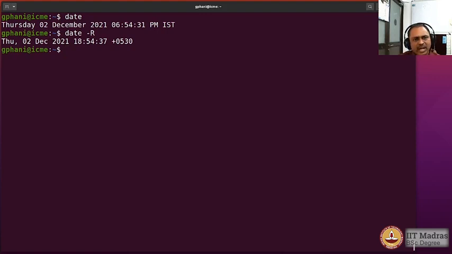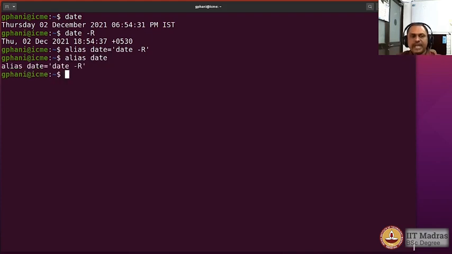So let us say I want to alias the second way of displaying the date for the default behavior. I would do that by typing alias date equals date -R. Okay, so I can then check what is the alias for date, and it will tell in what way the date has been aliased.